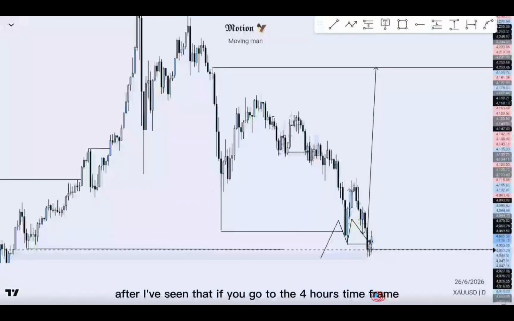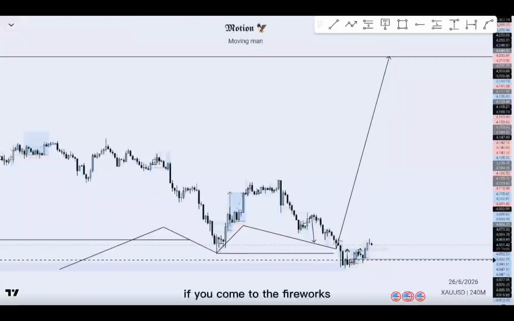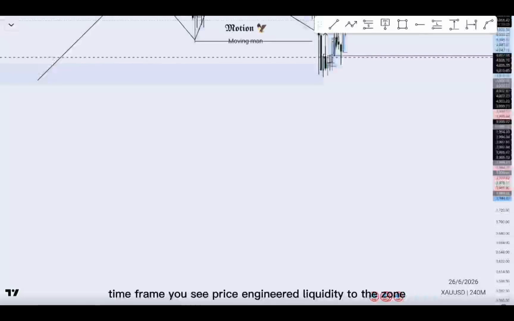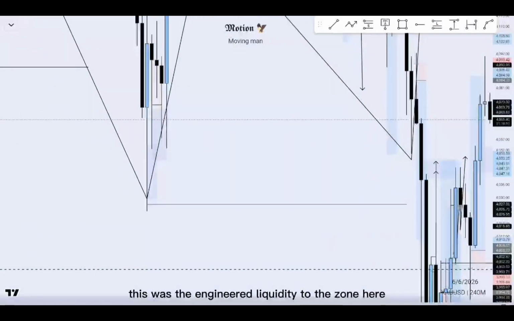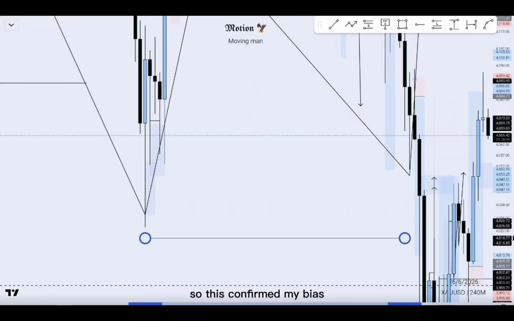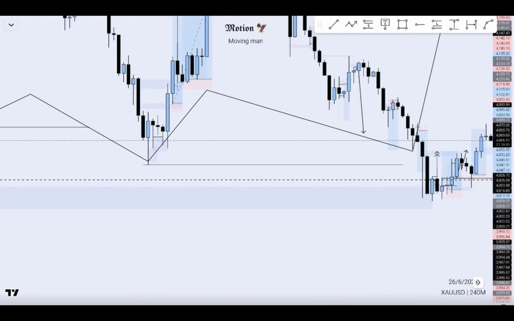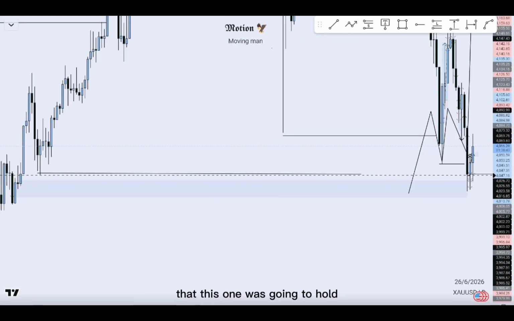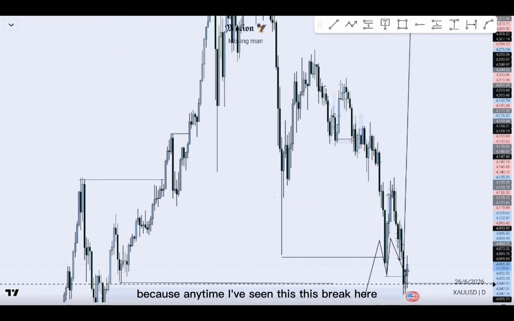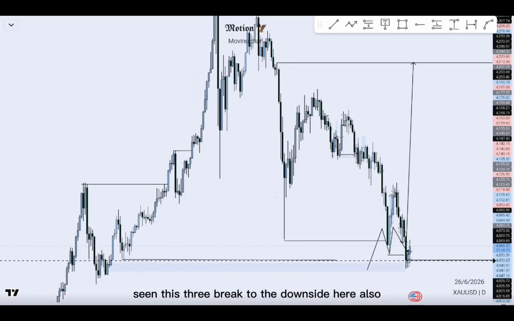After I've seen that, if you go to the 4 hours time frame, you see price engineered liquidity to the zone. This was the engineered liquidity to the zone here. So this confirmed my bias. After seeing this engineered liquidity, I was so sure that this zone was going to hold, because anytime I've seen these two breaks, and also this break to the downside here,